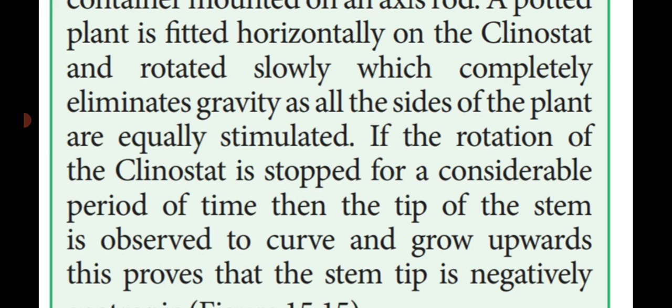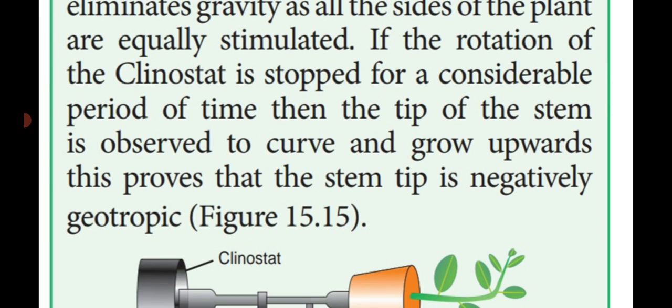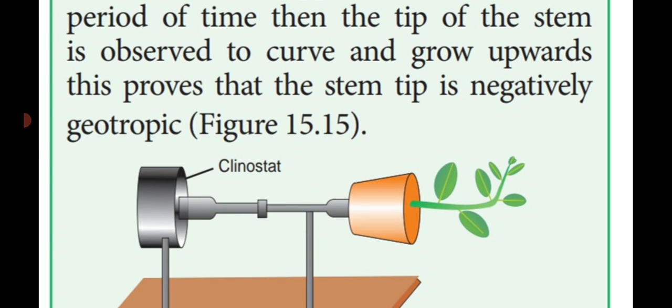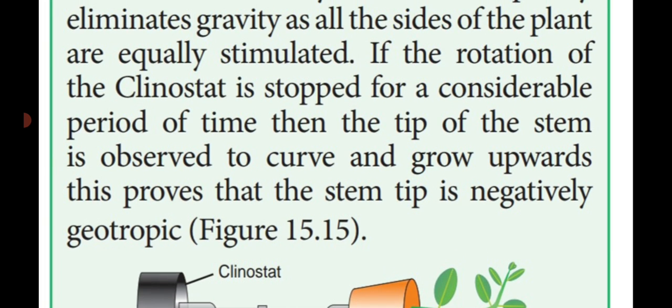So the rotation of the clinostat stopped for a considerable period of time. Then the tip of the stem is observed to curve and grow upwards. This proves that the stem is negatively geotropic. So that is the